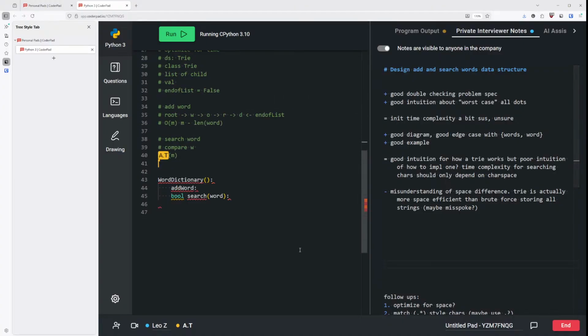Okay, and then before that, I'm going to start off by doing our trie class. So we'll call this trie node, and then we're basically going to initialize this,